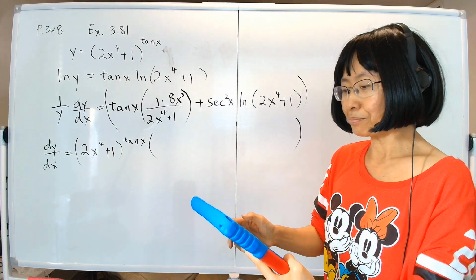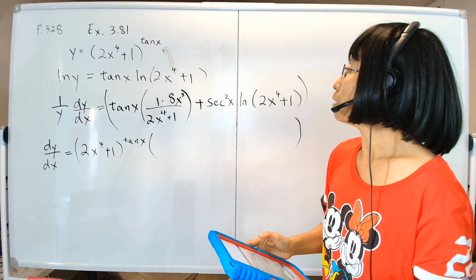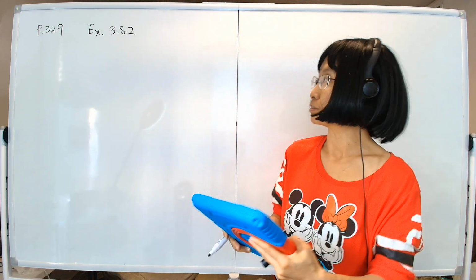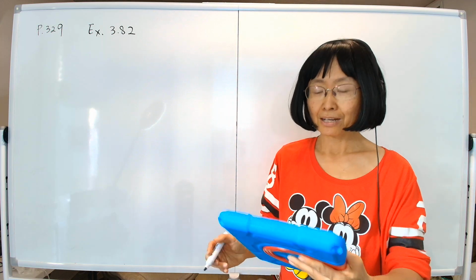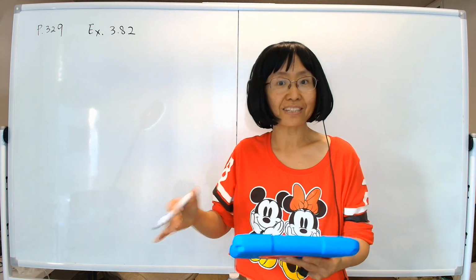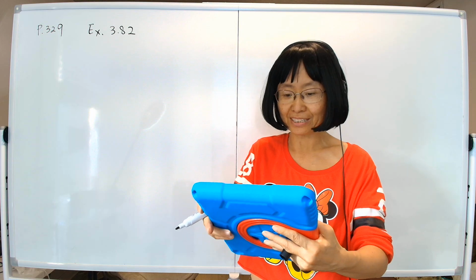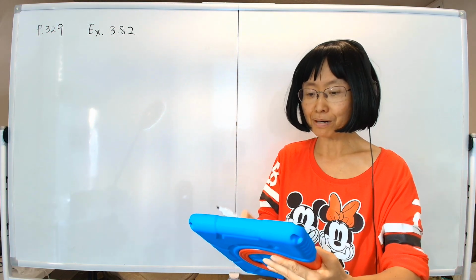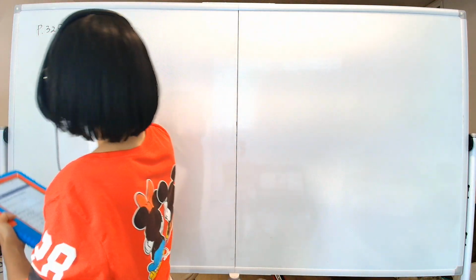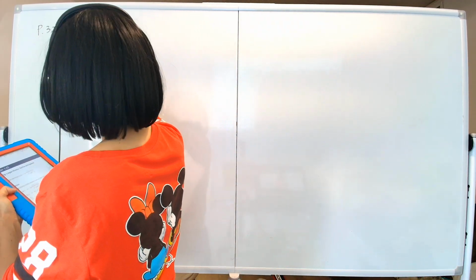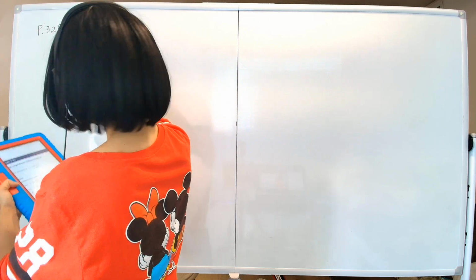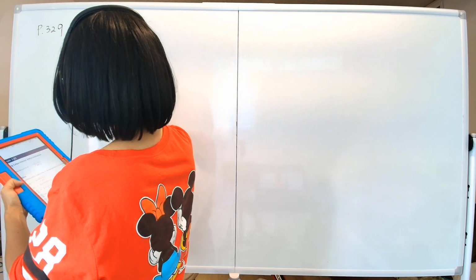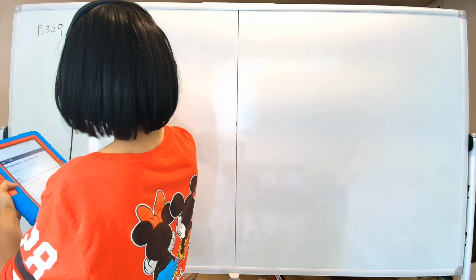Now next, example 3.82. I will clean off the board. Next, let's look at example 3.82, which is on page 329. Now by now you might think, oh boy, all the derivatives are getting longer and longer and more painful around here. Actually, this is taking a turn for the simpler life. Now look at the problem. We're supposed to take the derivative of y equals x square root 2x plus 1 over e to the power x